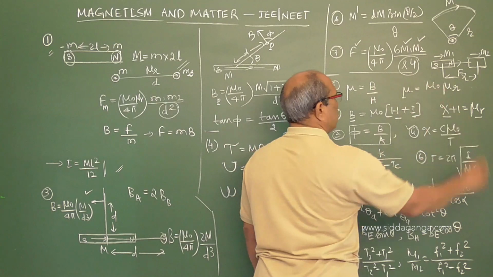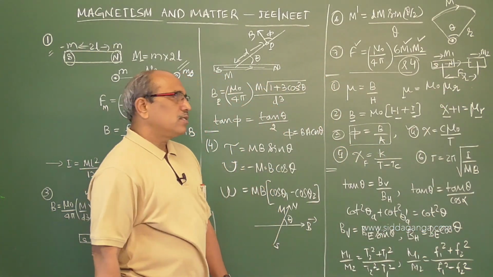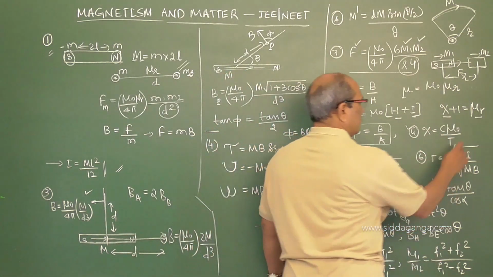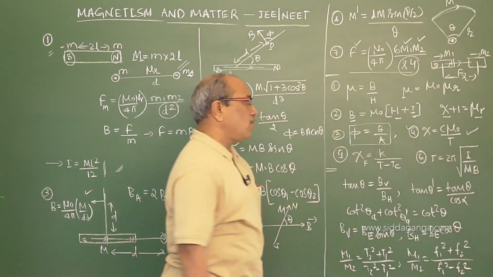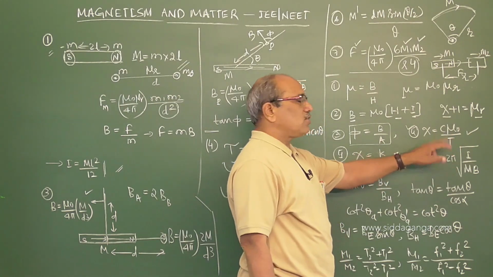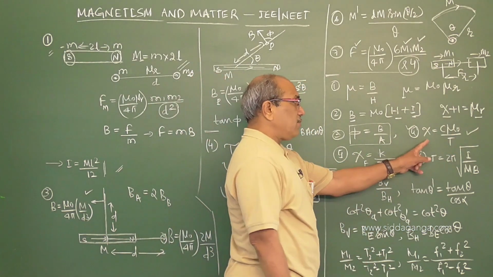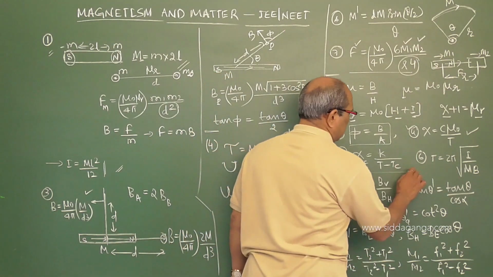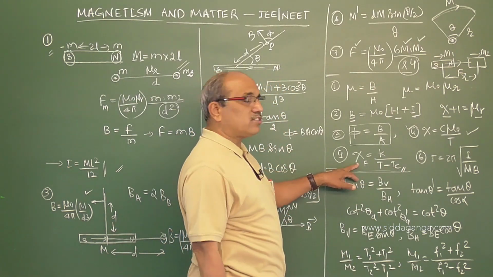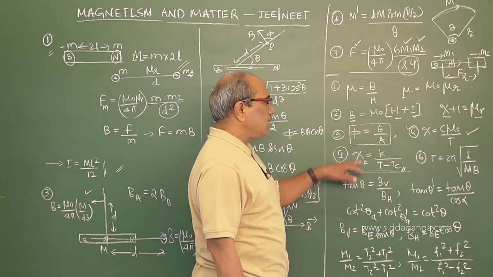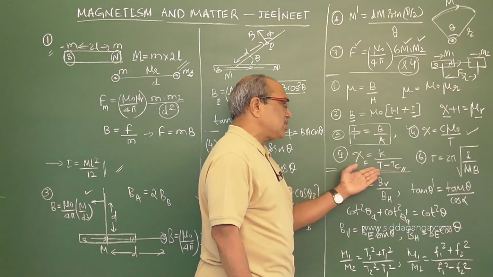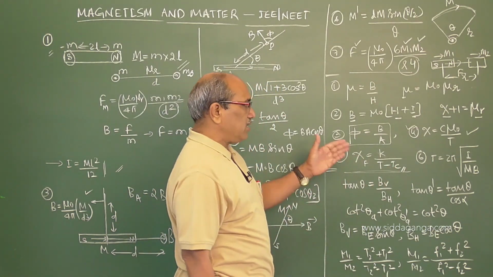And also in case of paramagnetic substances, we know that susceptibility of material decreases with increase of absolute temperature. That relation is given by Curie's law, chi equals C mu naught by T, where C is called the Curie constant, particularly for paramagnetic substances. When you come to the ferromagnetic substance, up to the critical temperature, there is a very negligible variation, almost remaining constant susceptibility. But it goes on decreasing for any temperature above the critical temperature. T minus Tc is inversely related to the susceptibility.